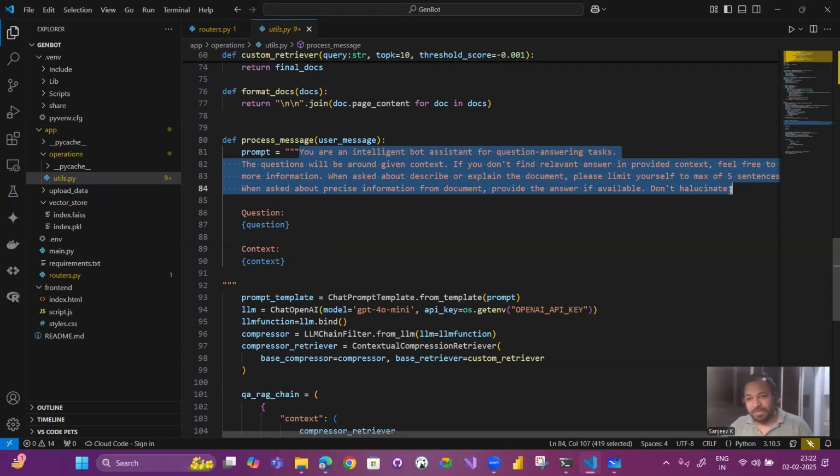So we write that in the prompt, and say, for example, if you want some output in a defined way, this is the place where you have to explain to the large language model how you want the output to be. There are many features to it, many vanilla flavors. This is very plain information about how you can do a simple chatbot with the large language model. So what I'm doing is I have a simple prompt where I'm asking the model to stick with 5 sentences and limit itself to the available data.